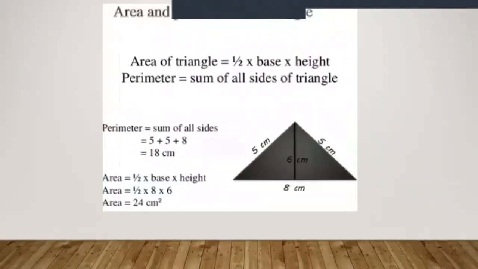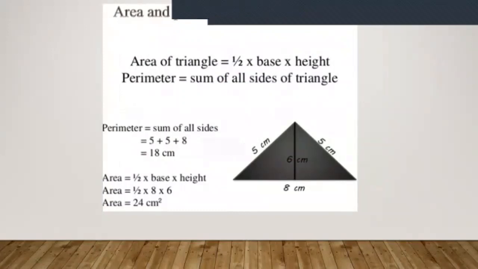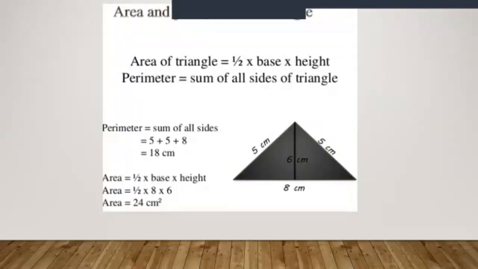Moving ahead, area and perimeter, area of a triangle. Normally, till our junior classes we used to say it's nothing but half base into height. Because as we have grown up, we have seen that there are various other formulas also for area. It keeps on changing along with the type of the triangle. So perimeter is also nothing but sum of all the sides.